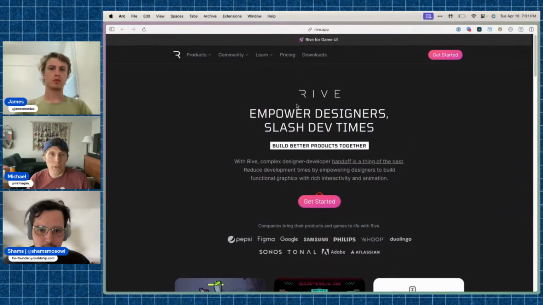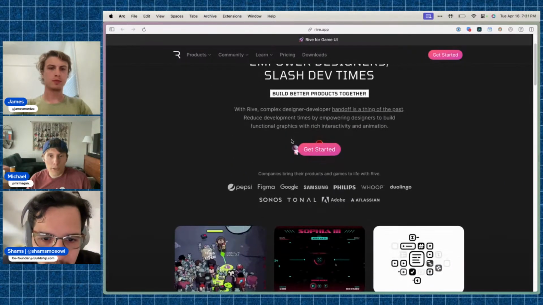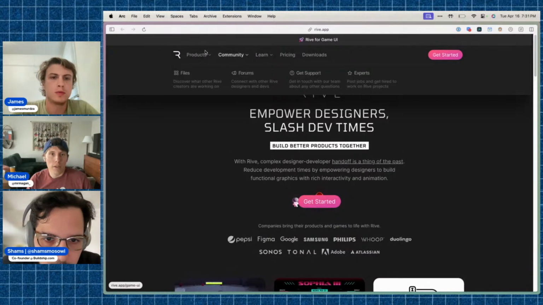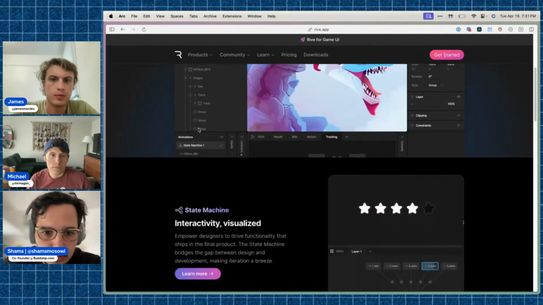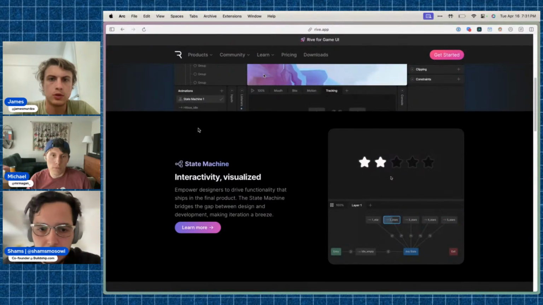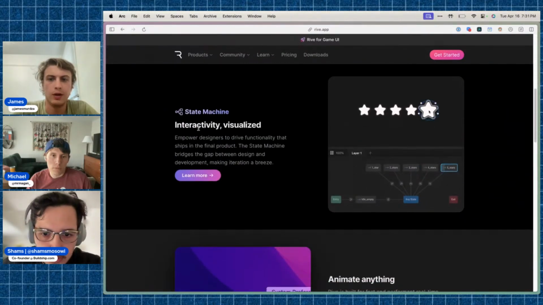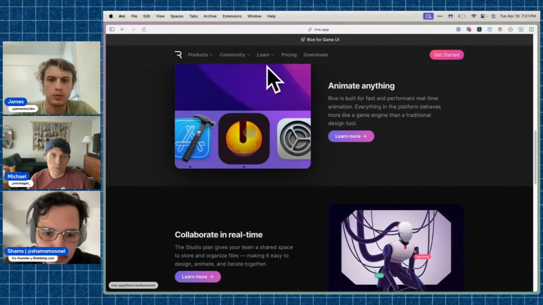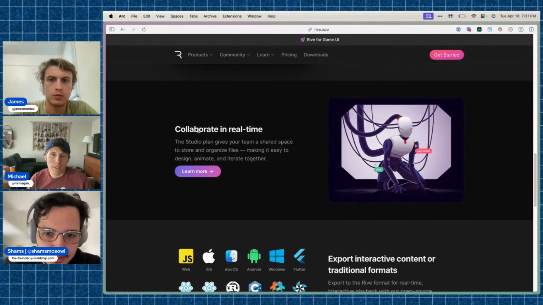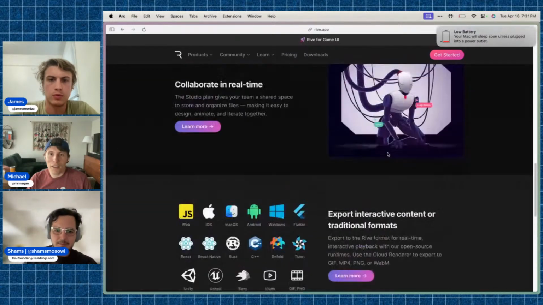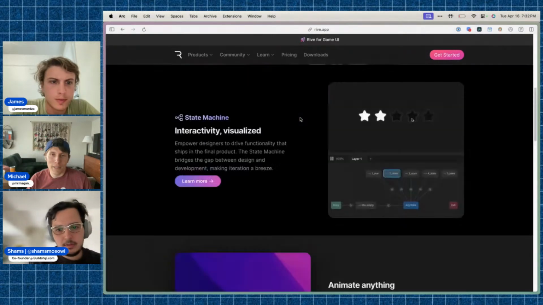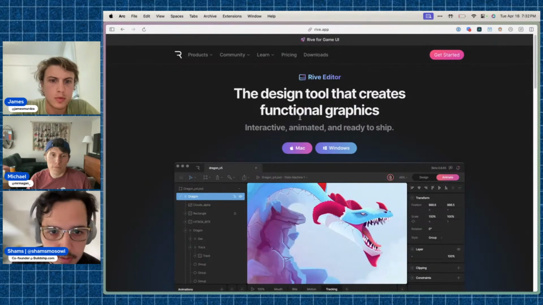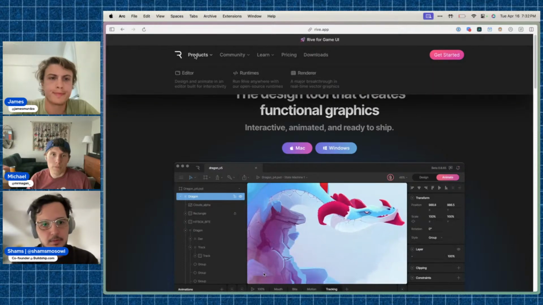Oh, you're looking at my screen? Sorry. So how does it work? It has components as well as an editor, and then I think we embed it in the Framer website, the Framer landing page. It can go very advanced. Oh wow, this is so cool. I've seen a lot of websites that have this, and I had no idea how they did it. So you design it, or use existing components, and then you embed it in your app.